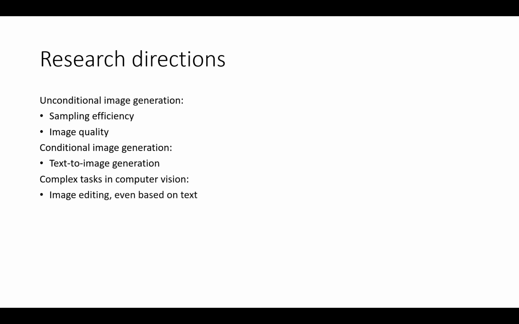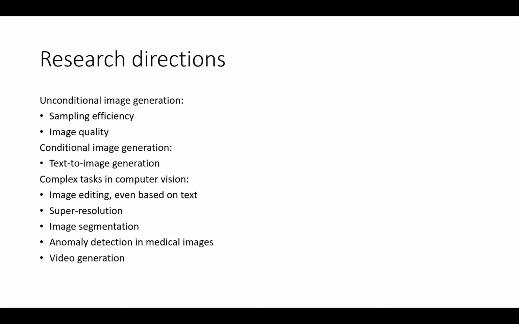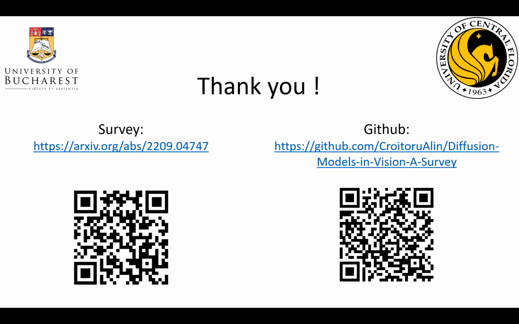For example, image editing, even based on text, super resolution, image segmentation, anomaly detection, and medical imaging. These will be the problems which I think will leverage all that we are learning here. Video generation is another good topic, because images are easy, but video is difficult because we have so many frames and so much data. Okay, so I think that ends